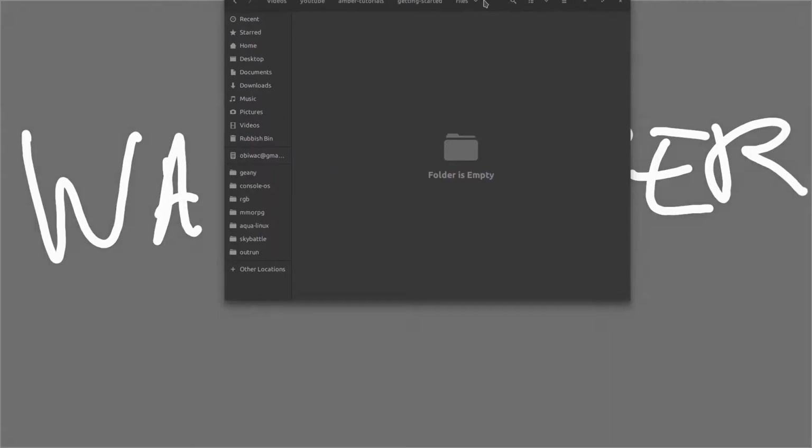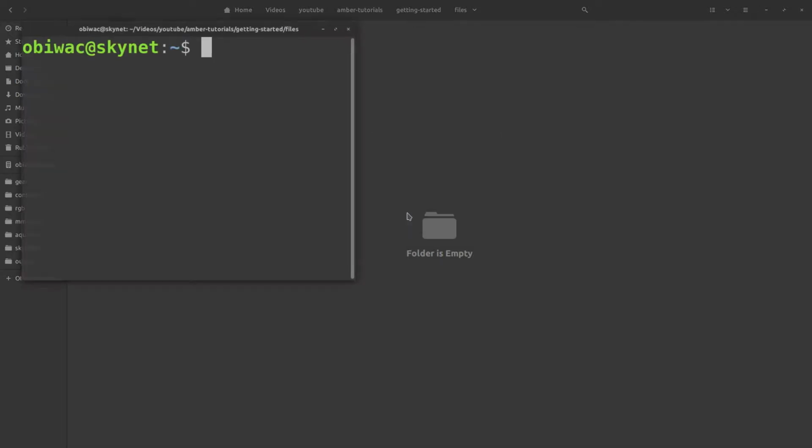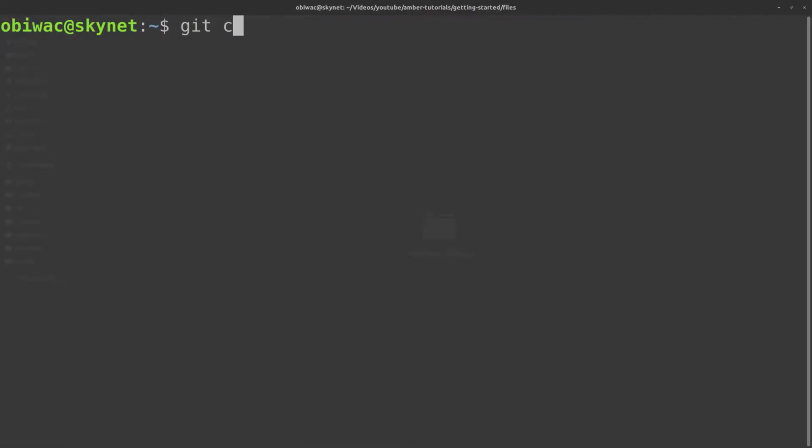Okay, so today I'm gonna introduce to you Aqua's new programming language. It's called Amber, and I'll show you how to set up programming environments in Linux with Geany. So first thing we're gonna do is open a terminal in our working directory, and we're just gonna clone Aqua